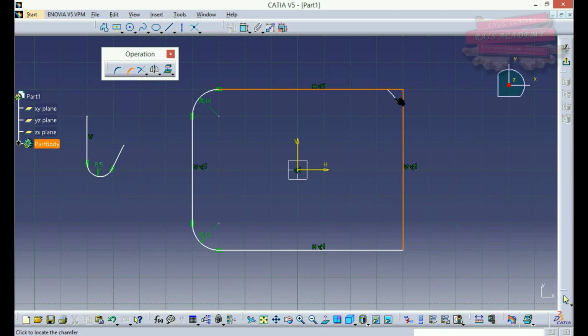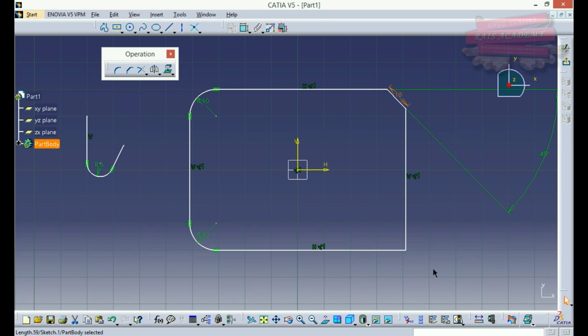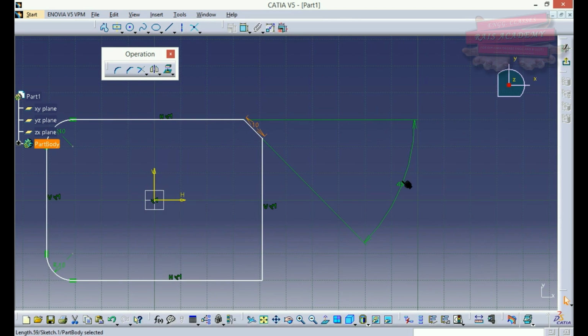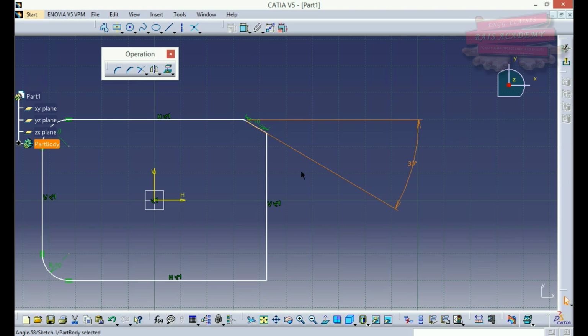So I'll click on a place, then I'll select the chamfer length. I want the chamfer length to be 10, and I also want the chamfer to be at 30 degrees from the horizontal. So as you can see, the length and this angle have changed the view of this chamfer.